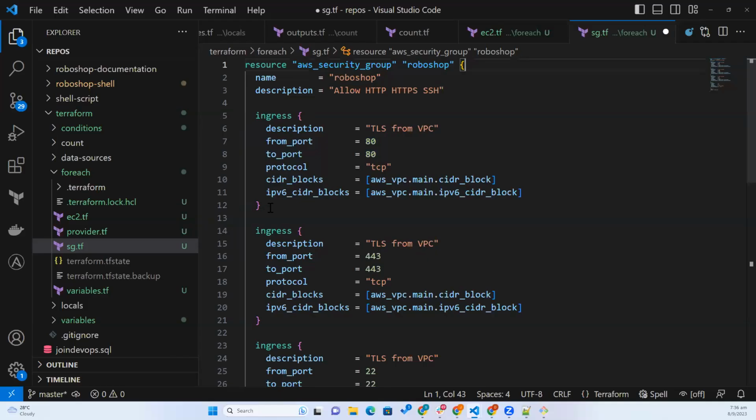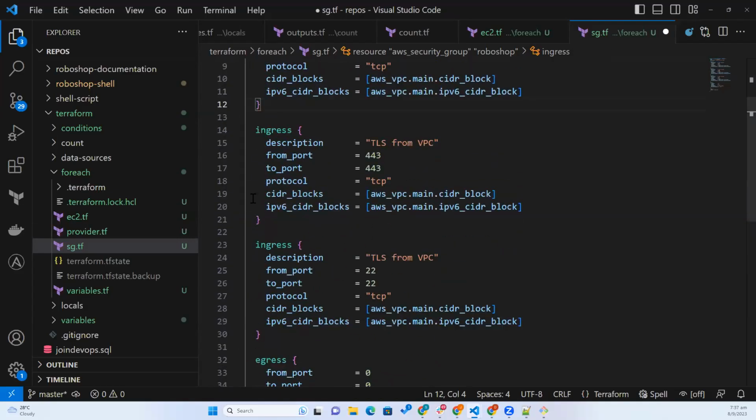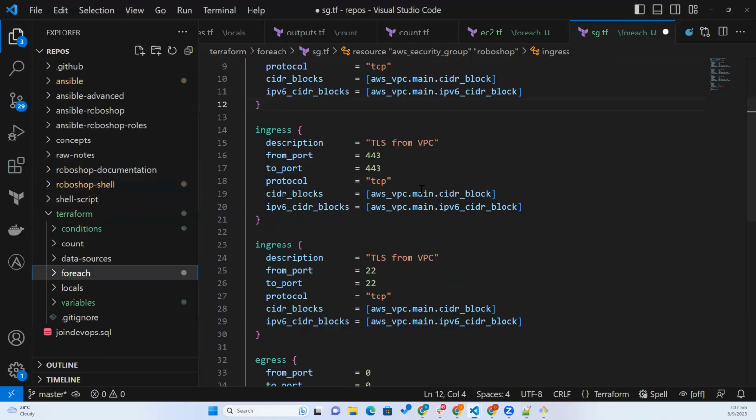If you are getting a repetitive configuration inside, this is the configuration block, right? So inside resource definition, if you are getting a repetitive configuration, you can use dynamic blocks for that. Okay, so that is the advantage of dynamic blocks. So I cannot keep this 20 times. So instead of that, we can go for